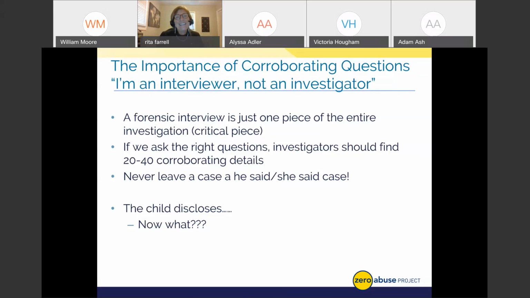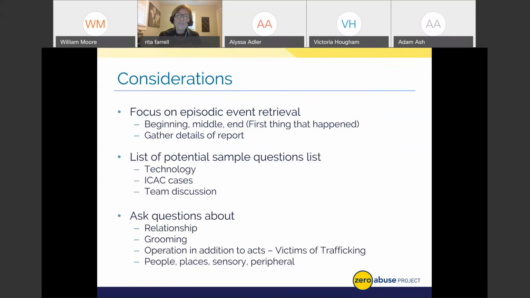Working or looking to get that disclosure. And then the child discloses and the interviewers kind of have an oh crap moment, like what? Where do I go from here? And so I never want us to do that. We have to remember when a child discloses, it's our role to gather all of that information so that the investigators can go corroborate, and not having where things are or what things sounded like, sight, sound, smells, taste, sensory, all of those things, we're not going to be able to put